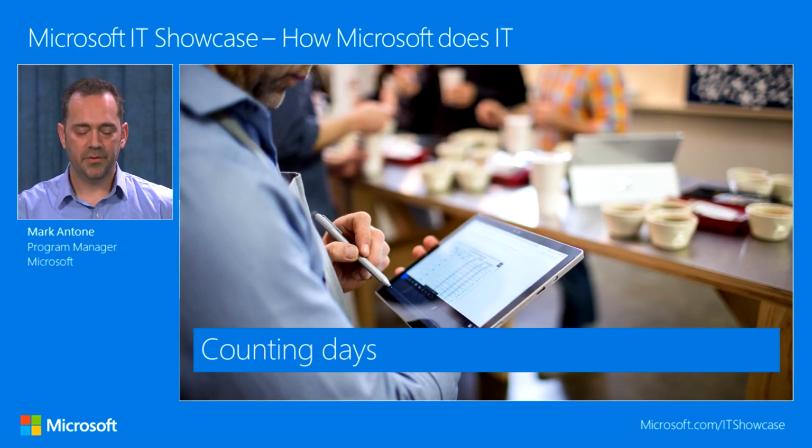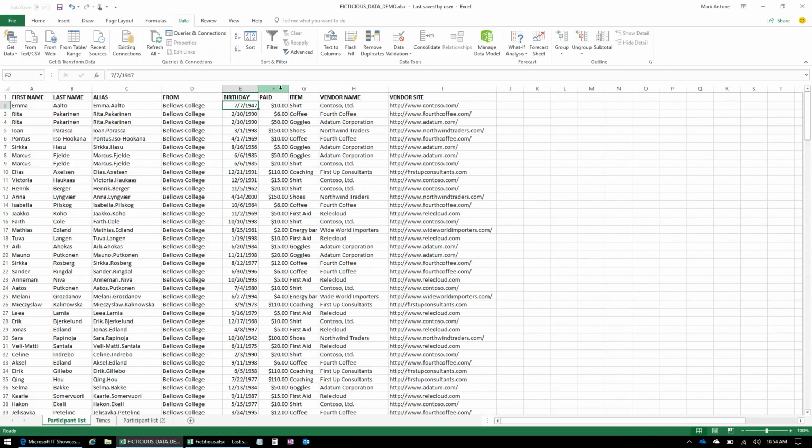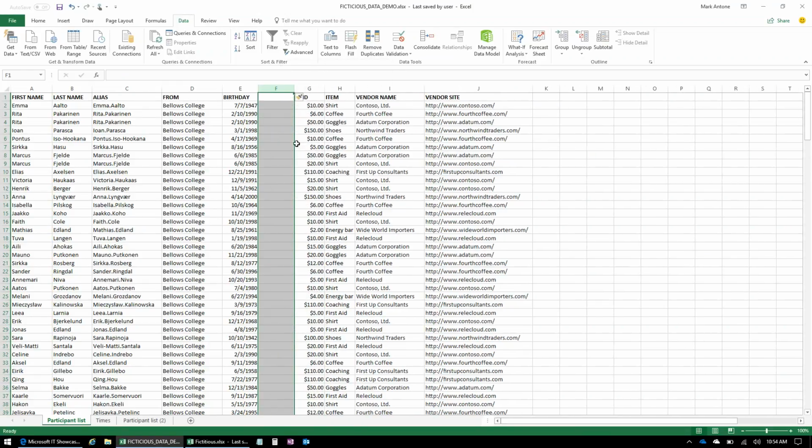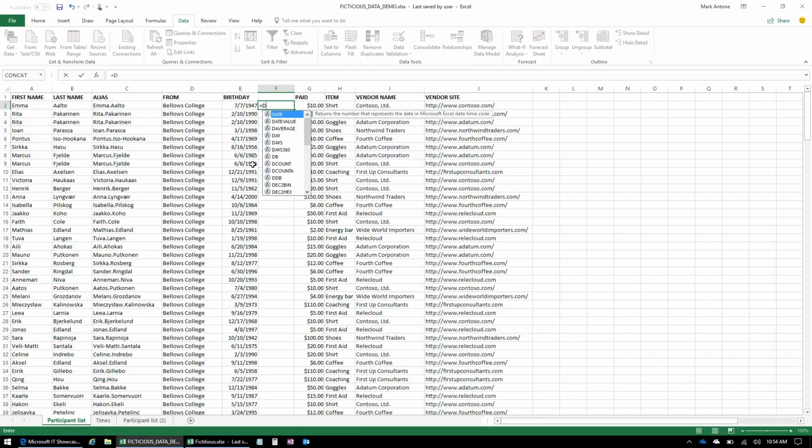Now I'm going to quickly show you how to count days in Excel. So we have this column E, it's the birthday column. I am going to highlight column F and insert. Now let's say for some unknown reason I want to know how many days old this individual is. So we're going to use the DATEDIF function. So what that is: equals DATEDIF, open parens,